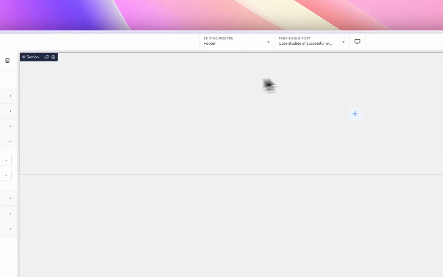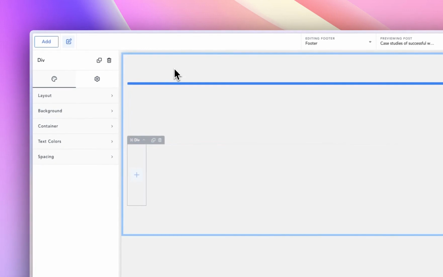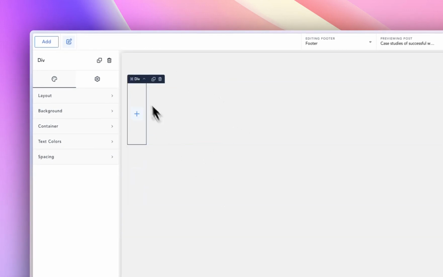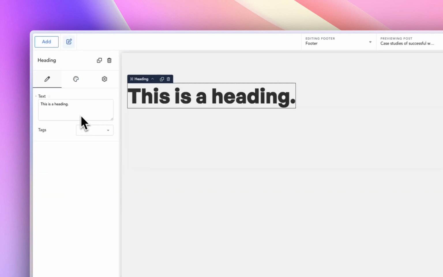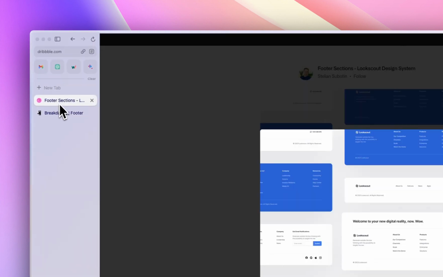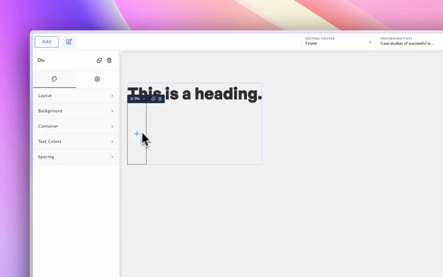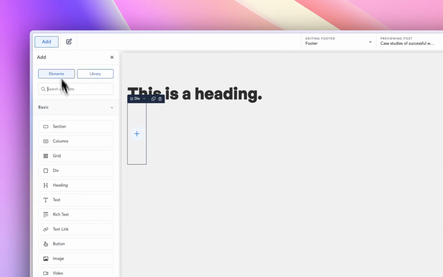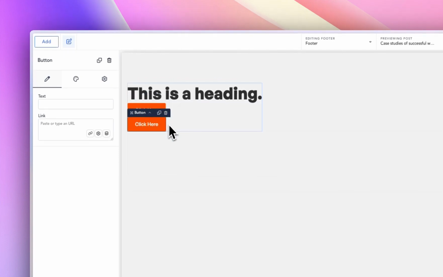I'm just going to select the section, go in here, and pop in a div, right? So this div, I'm just going to move it up on top of our grid, and in here I'm going to add a text. So we can use a header, and then we can give the header probably an H2, something like that. And then we can see that we do have 2 buttons, right? So I'm just going to go back here and add another div, and inside this div I am going to add 2 buttons, right? So button number 1, let's duplicate that,